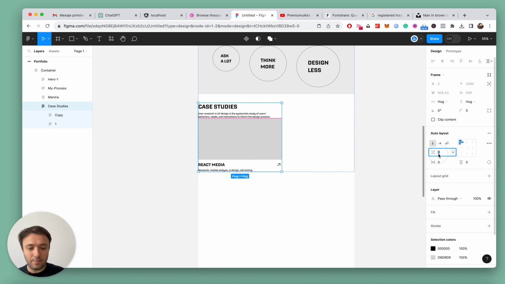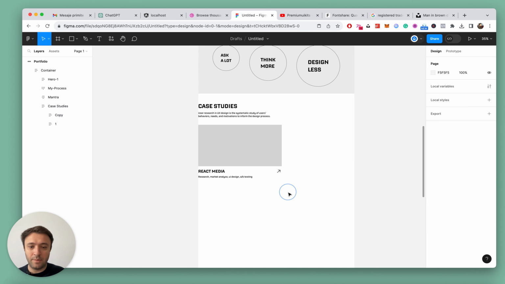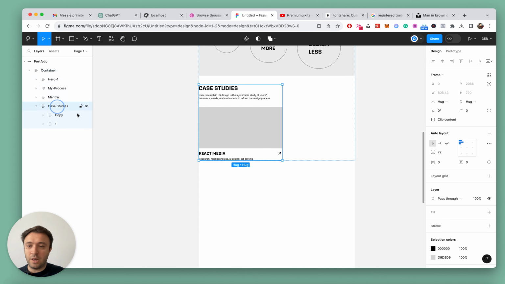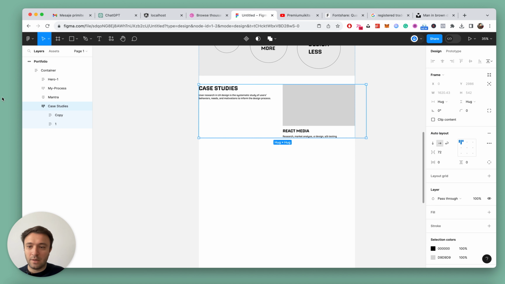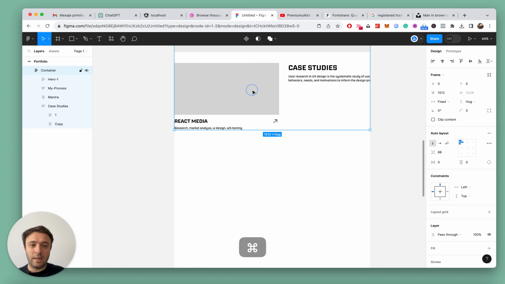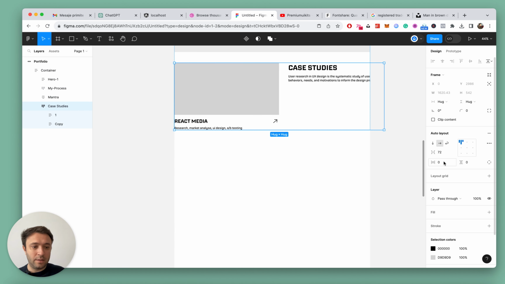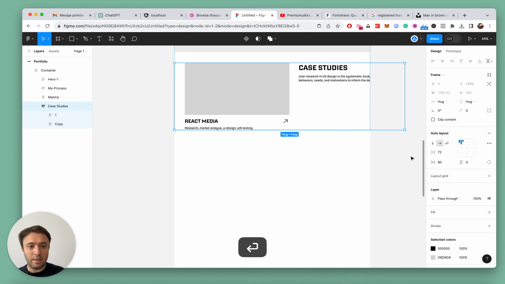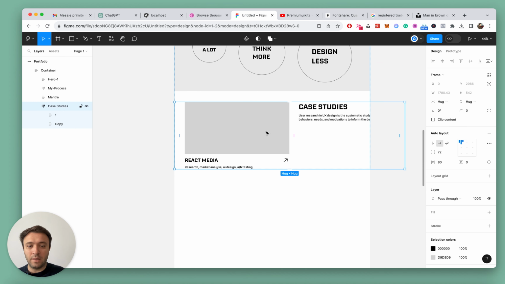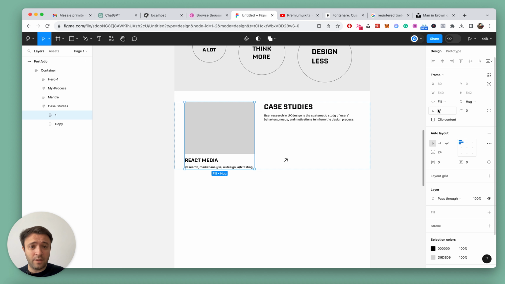So let's give it something like 72, a gap, and let's change here the direction, and let's switch positions. Okay guys, so this is, let's add that margin left and right, and let's click on case studies and make it fill. Okay guys, so this one is fill and this one is hugged,